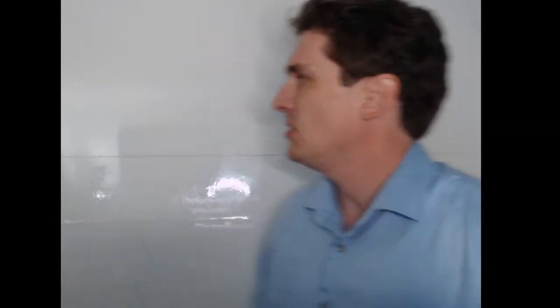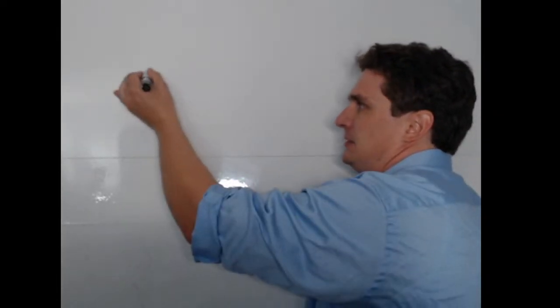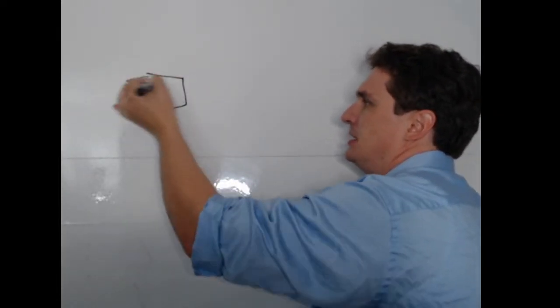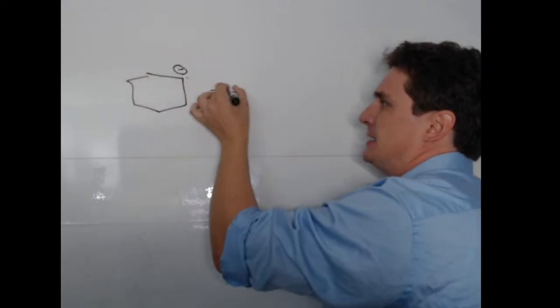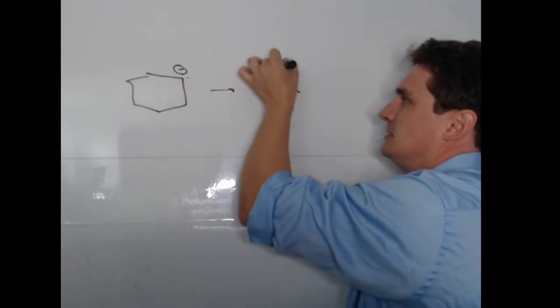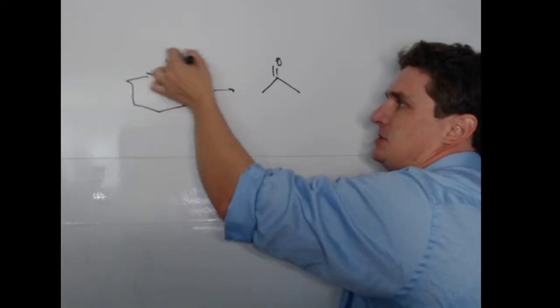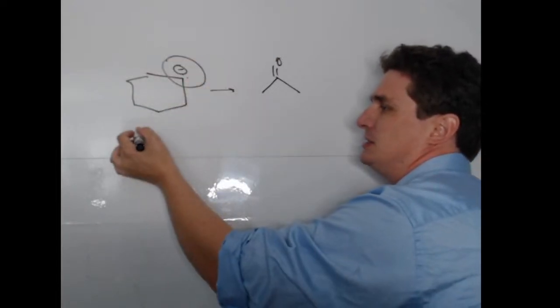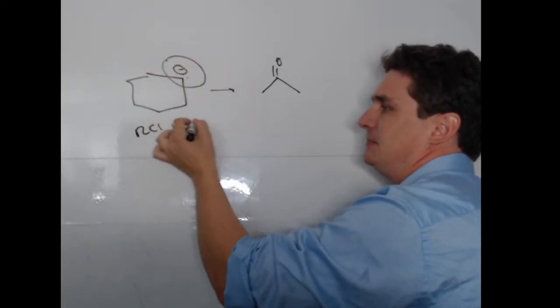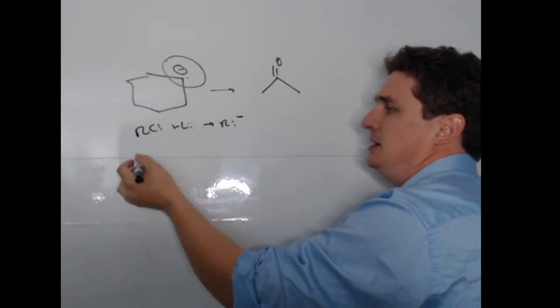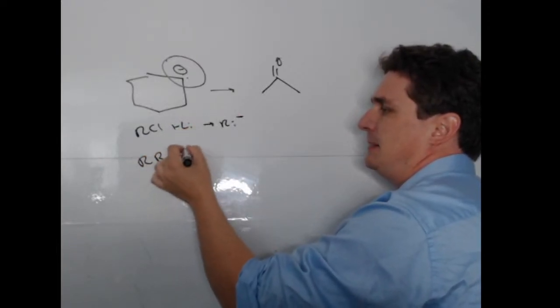With organometallics, it's always the same. They all look different. They're not. What you're doing is you're generating a carbanion that's attacking some type of carbonyl. And it's just a matter of how you're generating this. So one way is you can take an alkyl chloride and add lithium, and that'll give you your carbanion. You can start with an alkyl bromide, add magnesium,